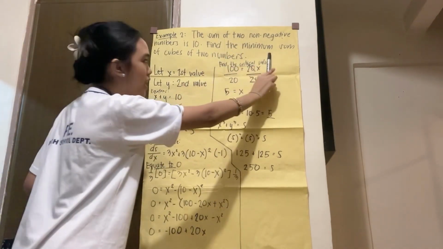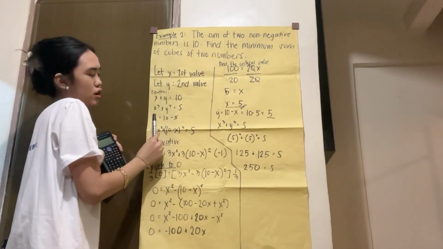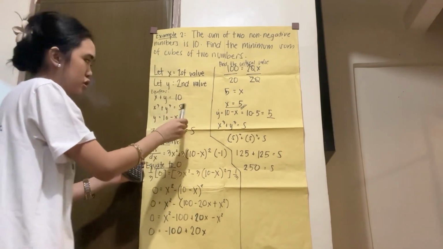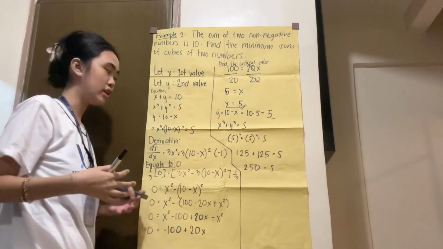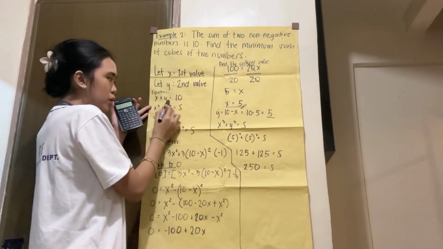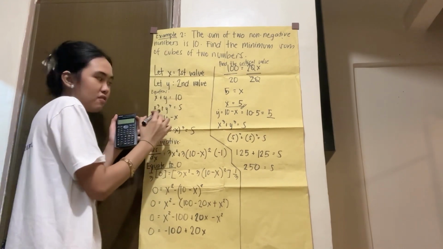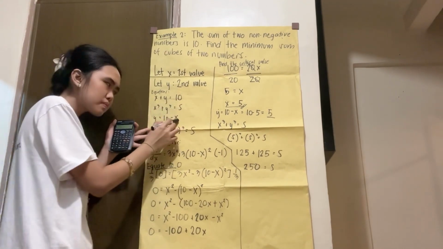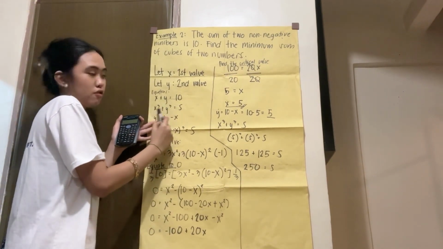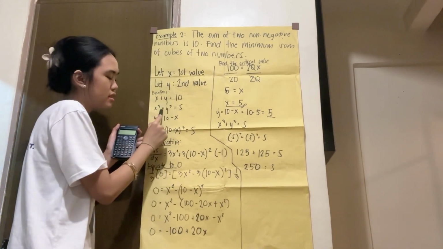Now, to find the sum of cubes of the two numbers, we need to have this equation: x cubed plus y cubed equals the sum. This represents one variable so that we can answer it. After having that, we need to transpose. We transpose x, so meaning to say, it becomes negative. After transposing, we use this formula and substitute. So x cubed plus